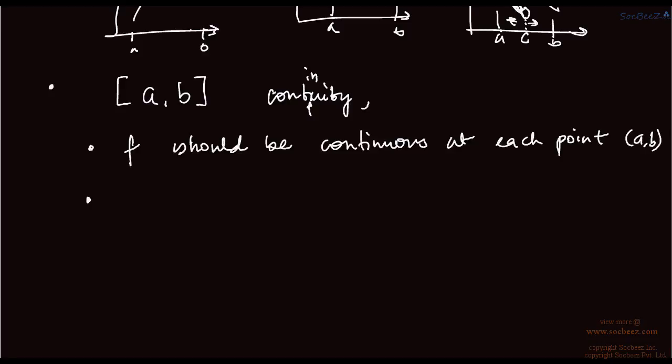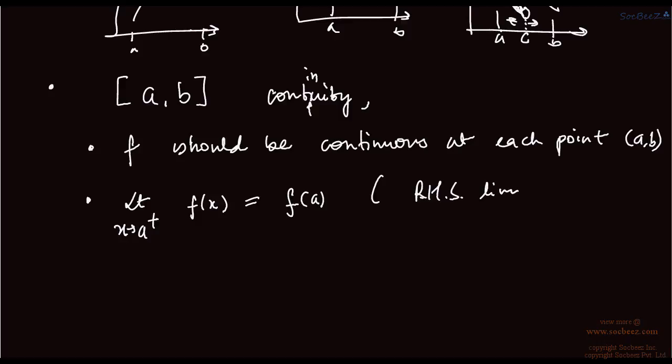Then the second condition is limit x tending to a plus of f(x) should be f(a). This is the right hand side limit, or you can say right hand side limit continuity